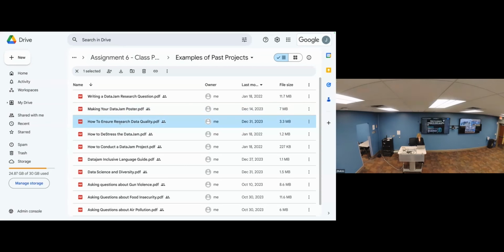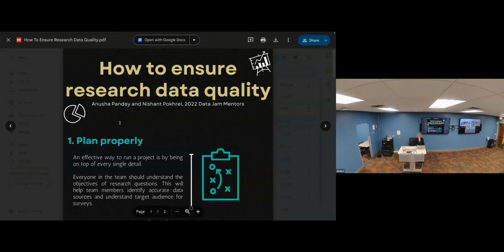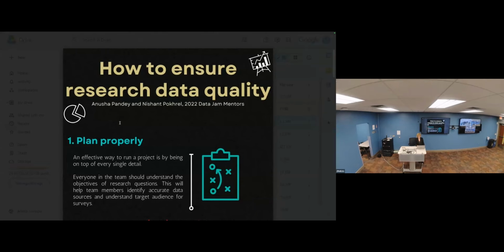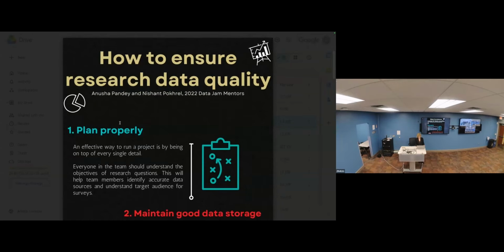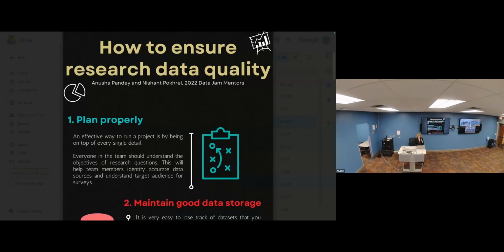We had a student last year, and I think this was last year in Caldwell. We had two students work together, Anusha and Nisha, and I thought they did a beautiful job of talking about how to ensure research data quality. And so they were talking about the fact that if you're going to collect your data and put it into a spreadsheet and clean it,